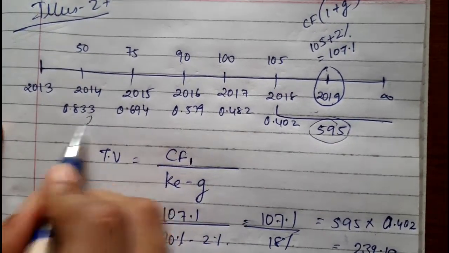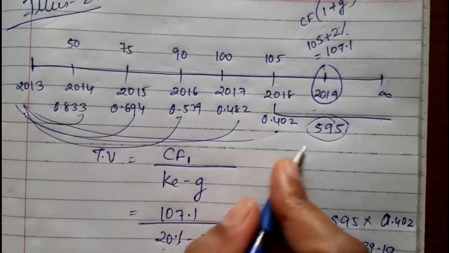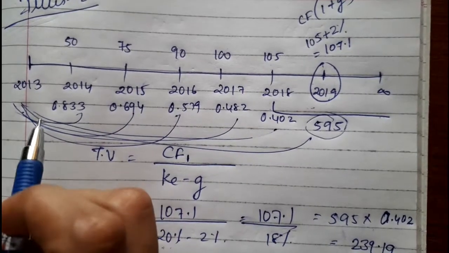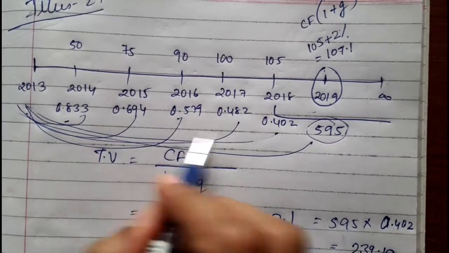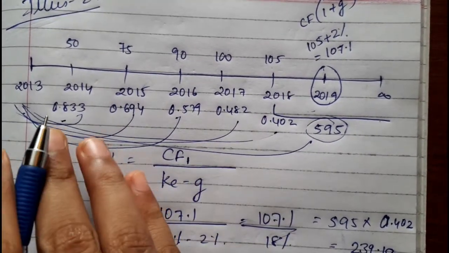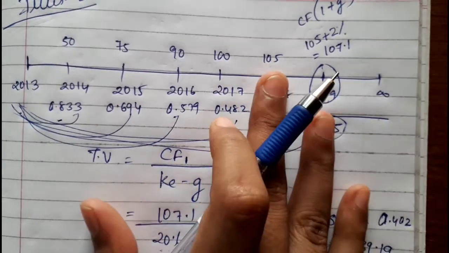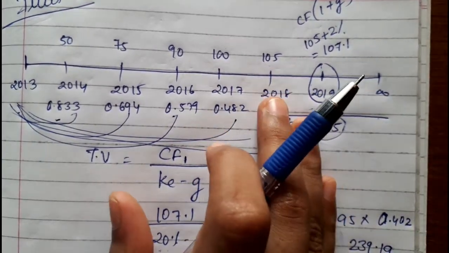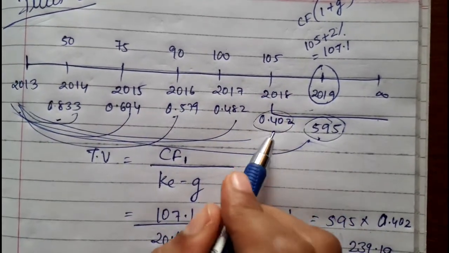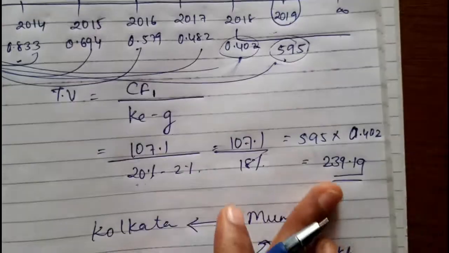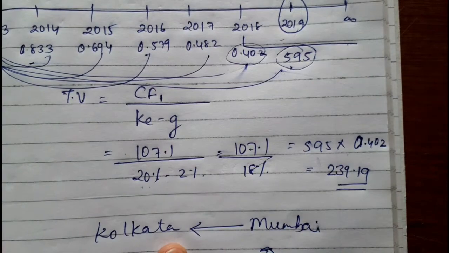Okay, now we'll bring every term and cash flows to the present year. So for bringing, they have given the discount rate in the question. So we have to just multiply with this. We'll get the present value of all those cash flows. Okay, and for 595, this is from 2018 onwards. So we are right now here. So for bringing it to the present value, we'll have to multiply with this value. So if we multiply, we'll get the value as 239.19. We'll add all those values, and later we'll get the present value.